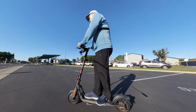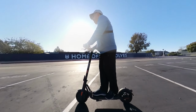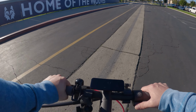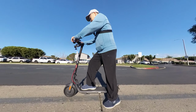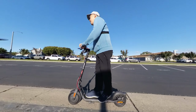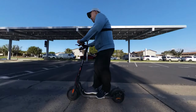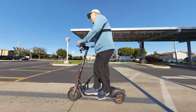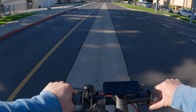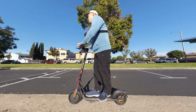Let's try from 0 to max speed and see how quickly this ramps up in power. So I'll stop and give it a kick to go. And I'll let you know when we hit max speed. 12, 13, 14, 15, 16. So yeah, we're definitely not busting any speed records or acceleration records,